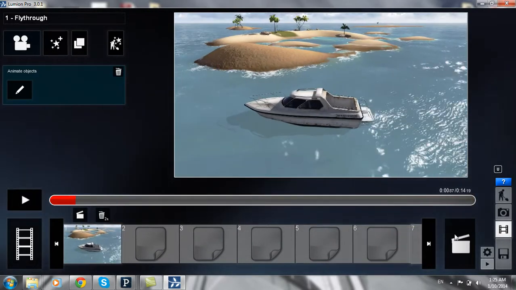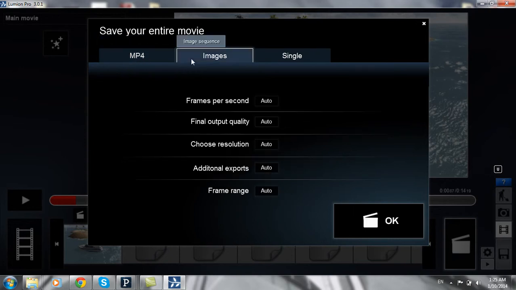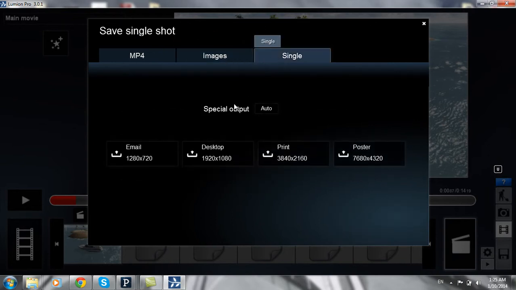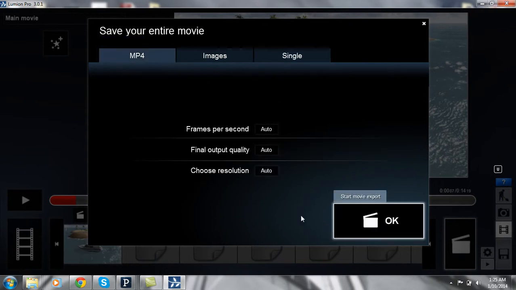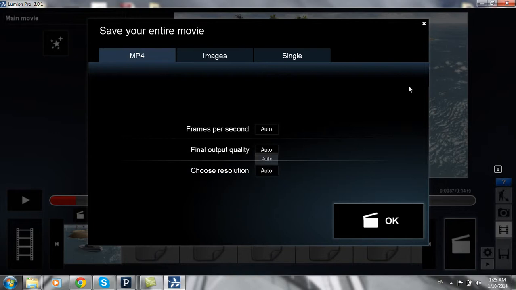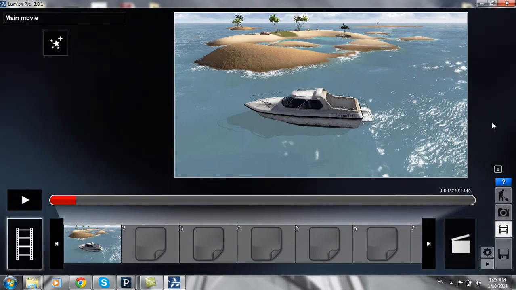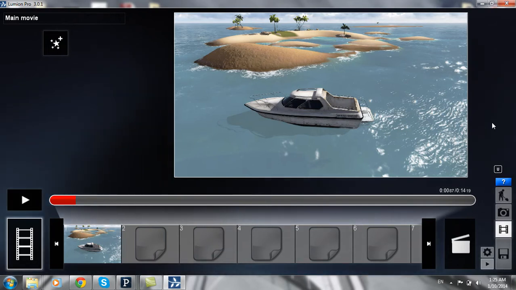And then just save here in MP4. This is a movie, and this if you want the frames, but I don't recommend that because it's a lot of images. And here is a single if you want to render just image, and here MP4. So MP4 you will press OK and choose your place that you want to save the video, and you just wait. If your video is more than 30 seconds, this is 14 seconds, it will be rendered in 1.5 hours or 1 hour. If it's from 30 to 1 minute, it will take from 2 to 2.5 hours. So it's so fast